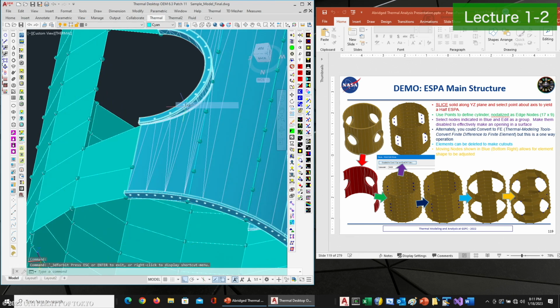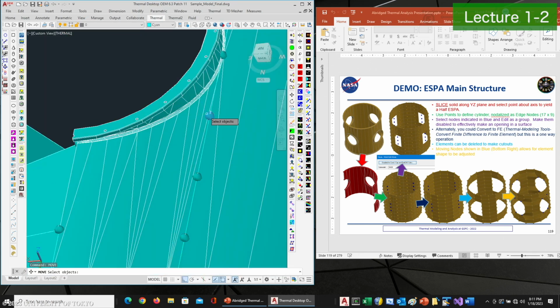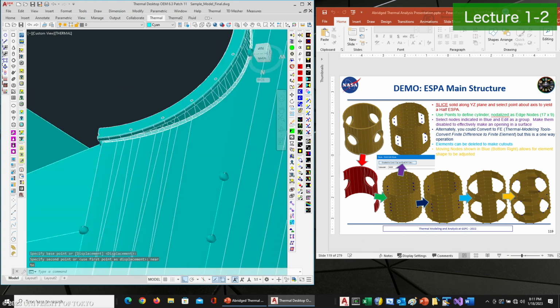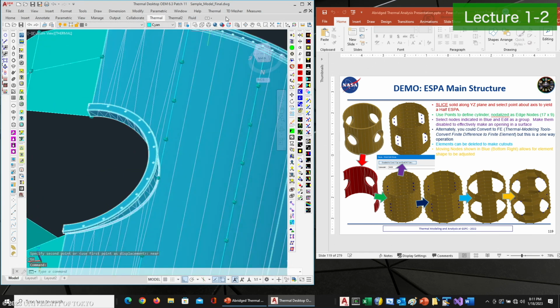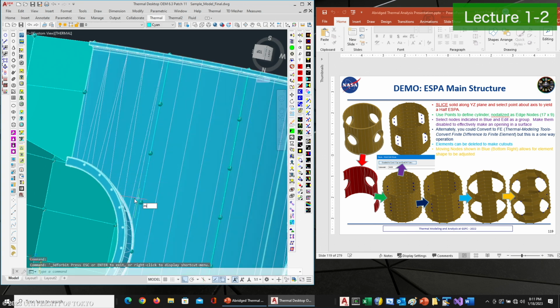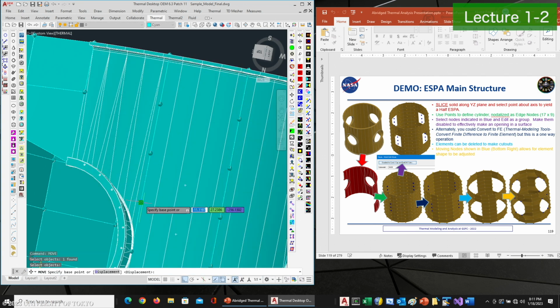But I'm going to want to take this one here and move it. And so this is where you would use the nearest OSNAP object. So I'm going to select from node, and then I'm going to say, I want it to be near this curve somewhere here. And so you can see that as I move along here, it's got this little hourglass symbol. That shows you where it is, but it's going to pick a point on that. So nearest lets me move that node there. And then I'll take this other one and move it from the node location to near to